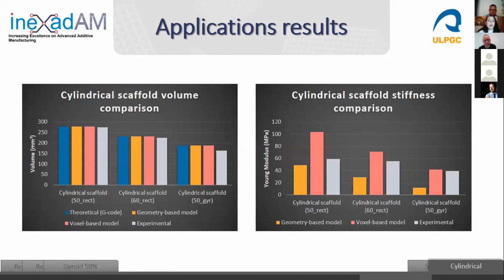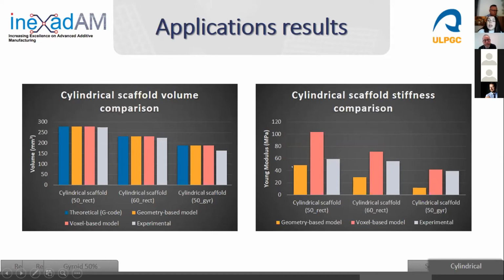Here, we can compare the volumes that are similar in the case of the first configuration. In the second one, we can observe low variance in the experimental results, and maybe more significant in the last configuration, the complex configuration of a gyroid. In the case of the stiffness, we can observe that none of the models can predict the experimental results,